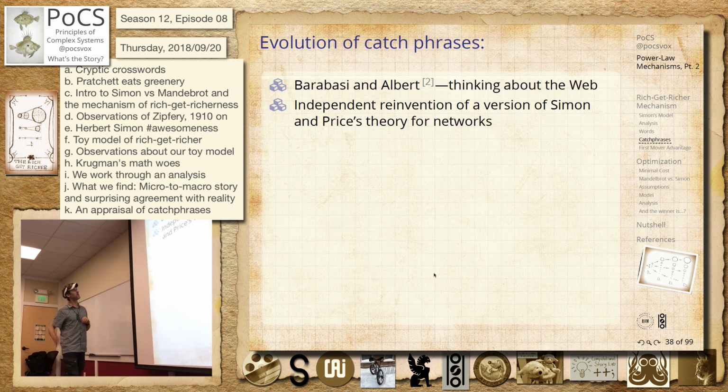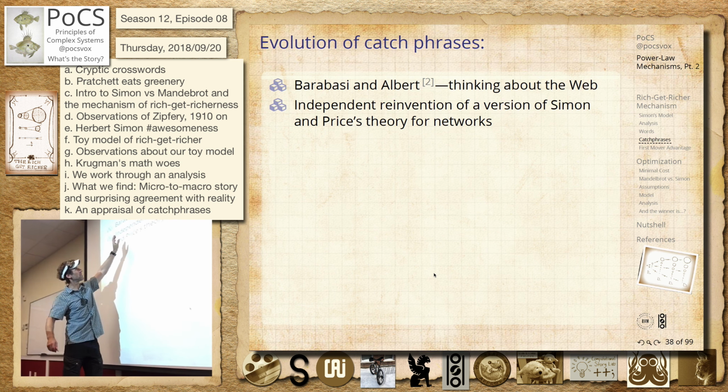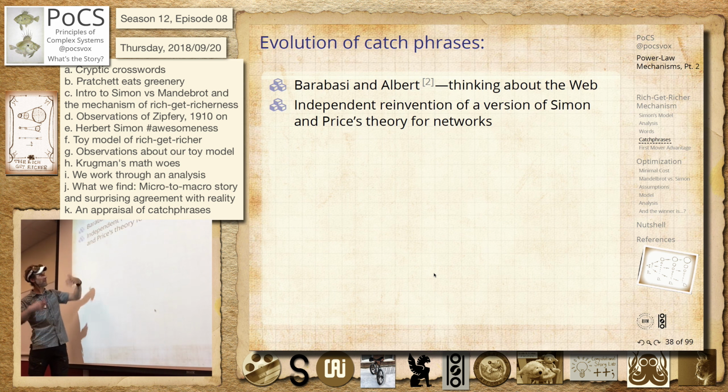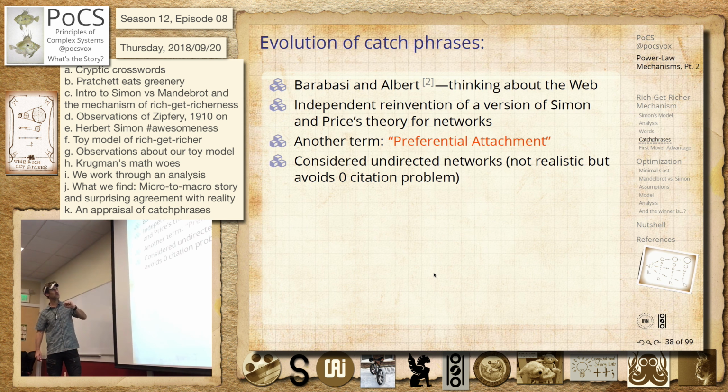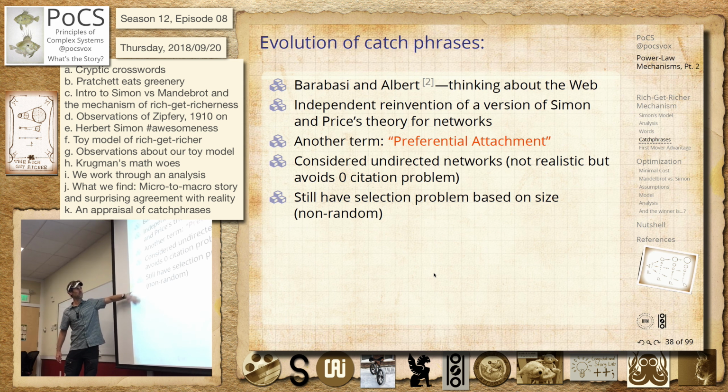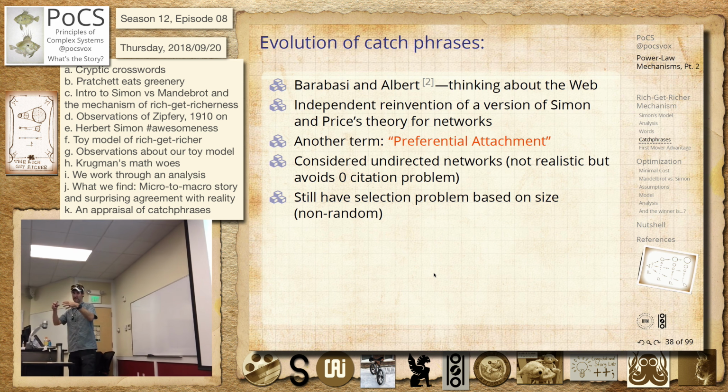Okay, last one for you. I know, I'm sorry. But Barabási and Albert, so the thing about the web, it's a version of Simon's model. It's not quite the same. They call it preferential attachment. Undirected networks, so no one's even pointing to anyone. They have a selection problem, and I'll talk about this more and more. Maybe I'll come back to this on Tuesday. Sorry for going over time there, but that's just a good thing to end with.